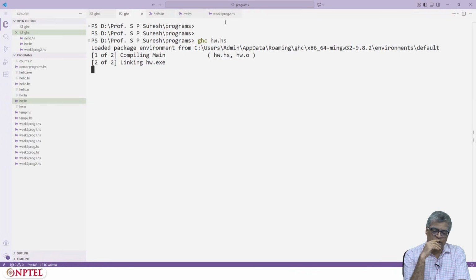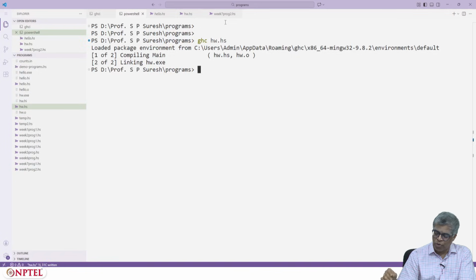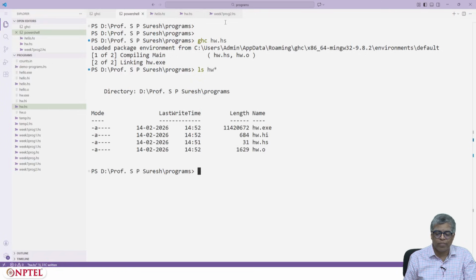I don't know why it is taking so long on this machine, but typically on your machine it should be much quicker. And as you notice, it is not producing something called just hw, but hw.exe. On Windows machines, you will see that it produces hw.exe. Let me try to see all the files that have been generated: hw.o, hw.hi, hw.exe. These are the new things that have been generated.